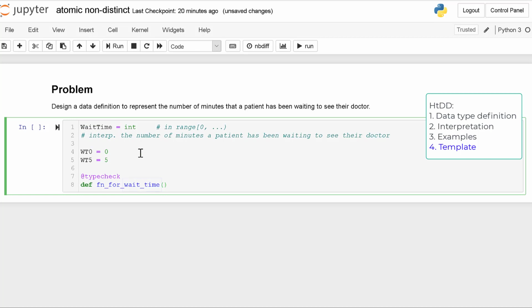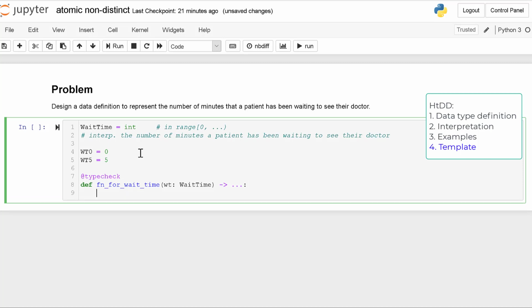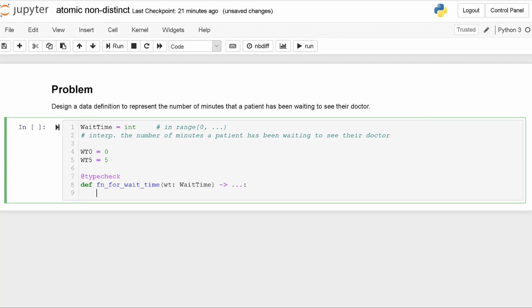It takes one argument, which we know is of type wait time, so we name the parameter WT. We cannot know the return type at this point because we are just writing a template function, so we write ... to leave that to be filled in when somebody uses this template in a function design. To see what to write in the template function's body, we can go to the Data-Driven Templates page and find the row that corresponds to the type of data definition that we're writing.